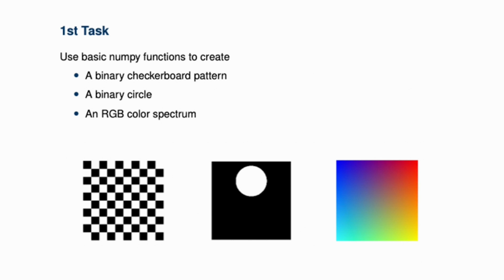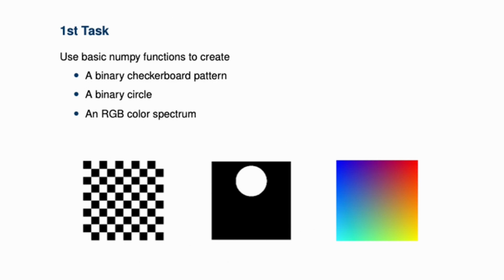In this exercise, our main goal is to utilize NumPy, a powerful library for numerical computing in Python, to create three distinct visual patterns. These patterns are first, a binary checkerboard pattern, second, a binary circle pattern, third, an RGB color spectrum. Now let's take a closer look at the implementation of the Checker class, which is responsible for generating the binary